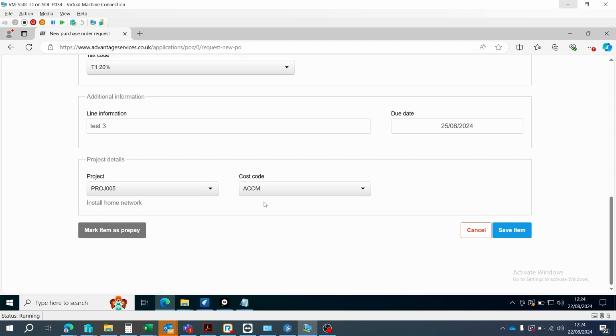But of course, if you are raising a purchase order across multiple projects, then each additional line item that you have will have a different project and a different cost code, and possibly even a different nominal and departmental code as well. In addition to the project details, you can also mark the purchase order as a prepay item